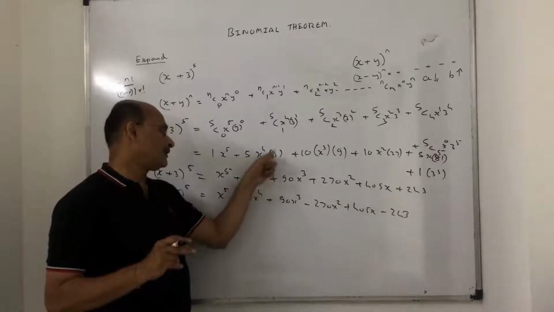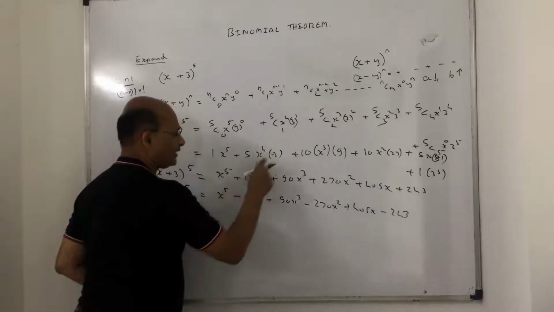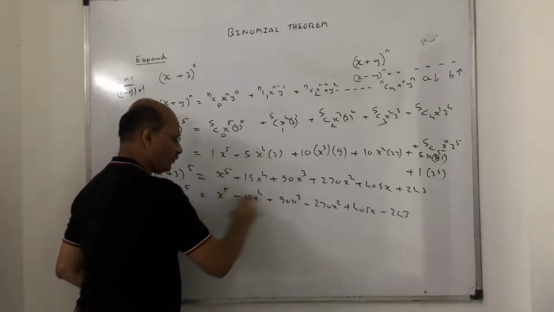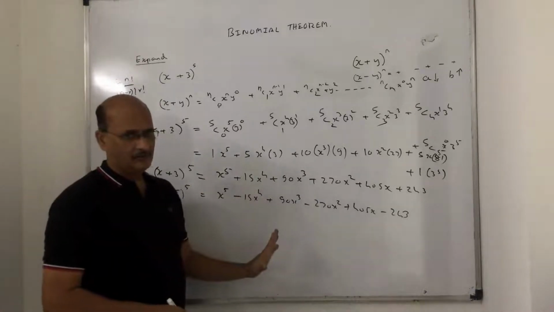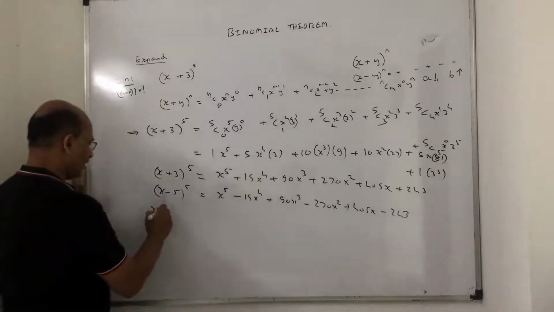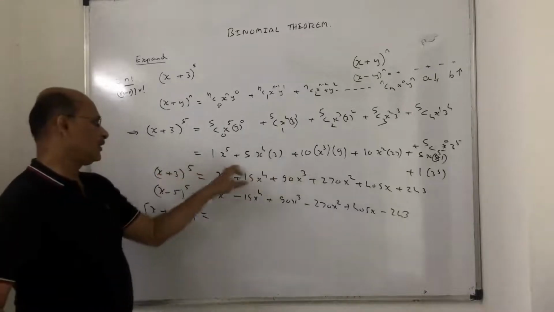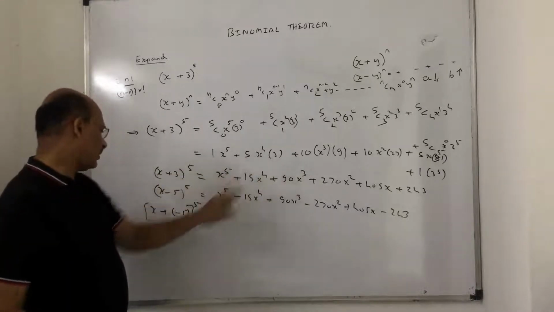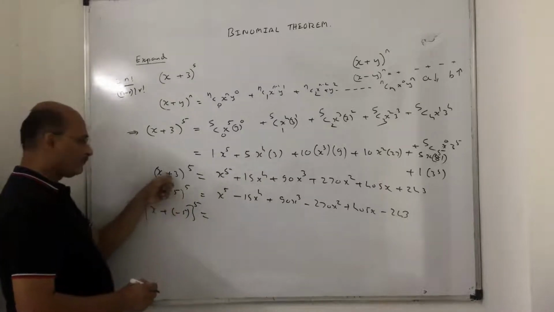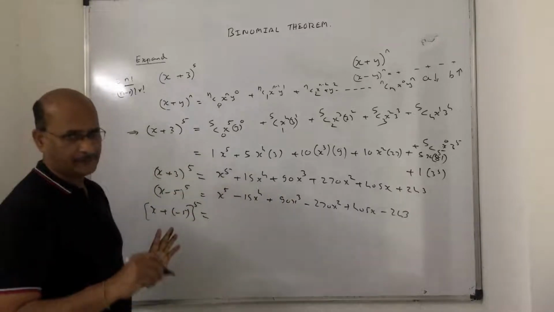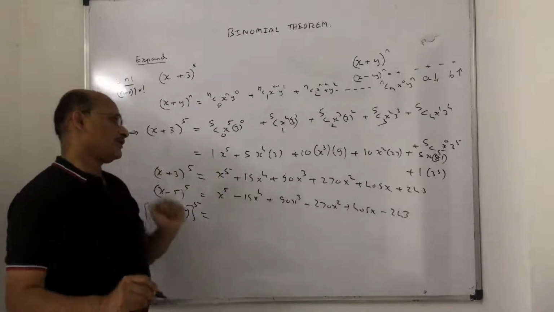But remember, if you are considering the second term, when you write this in terms of minus, then there is no need to put the sign here because it will automatically affect the answer. But don't put it directly if you want to do it. Just consider the positive term and alternate with plus and minus. Or you can take the second term like this and then this, just putting the values like say minus 5, minus 3, whatever it is. So whatever sum it is, alternate with plus or minus. Got the message clear? So remember, this is a general form of expansion. So pause and note it down.